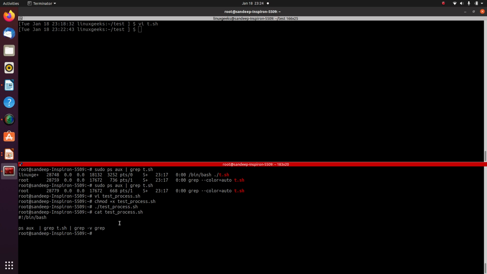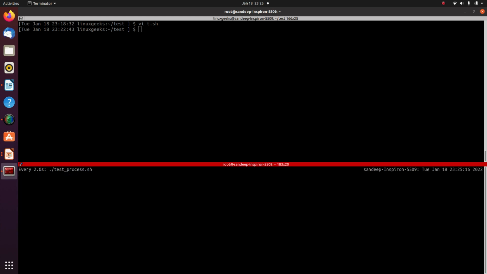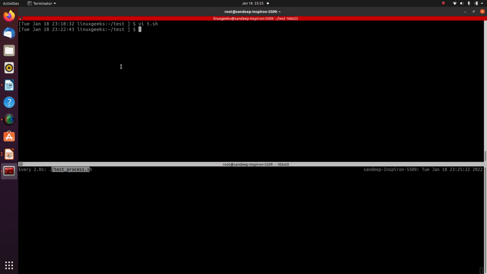it got out of this. But what I need here is I want it to run continuously and give me the output of this test process.sh after every 2 seconds. So for that what I will do is watch this program after every 2 seconds. So here we go. So what it is doing is it is running after every 2 seconds and it is giving me the output. So let me run this program here. So now you can see it has given me the output, and it is saying that there is a process t.sh which is running, and here